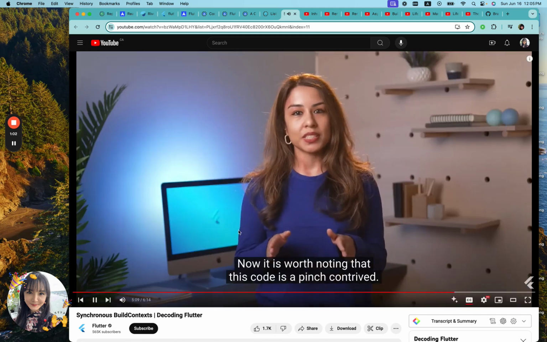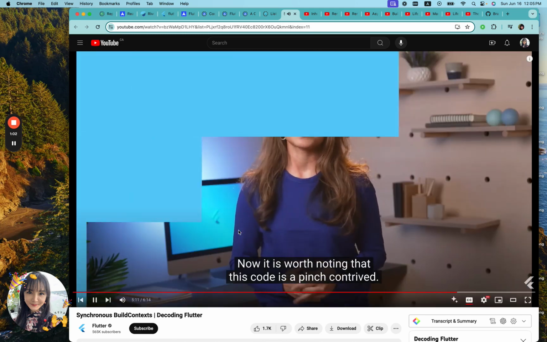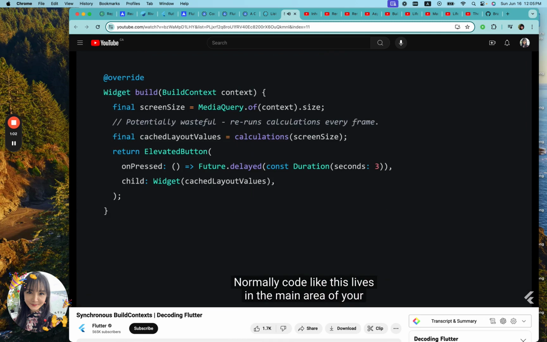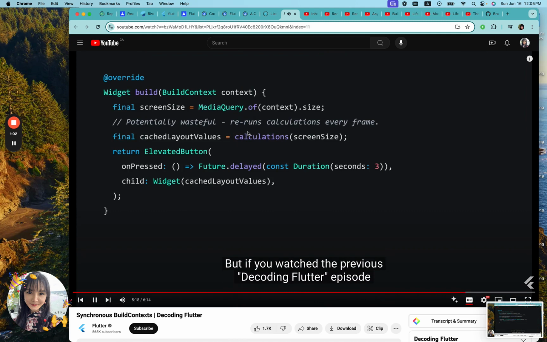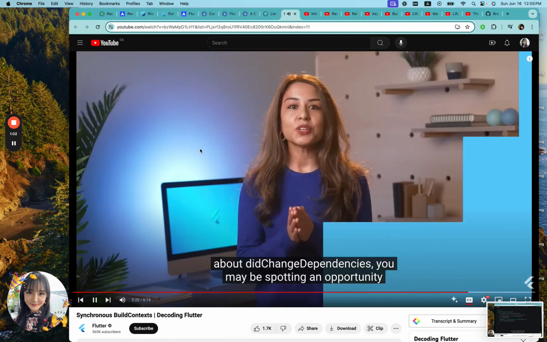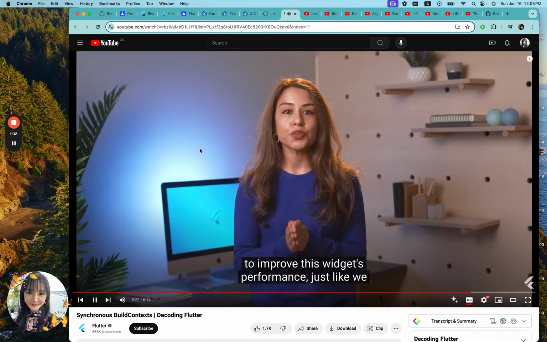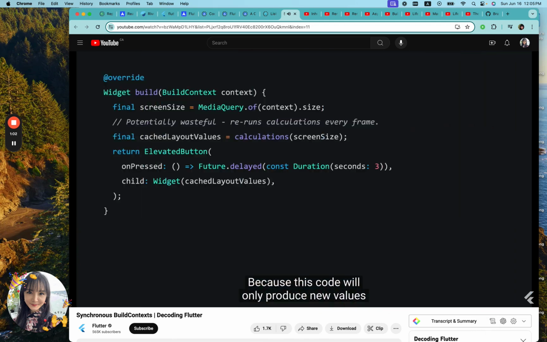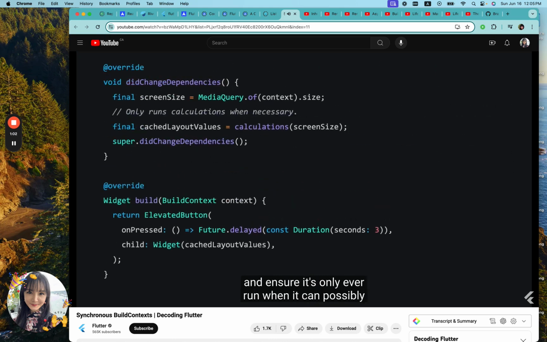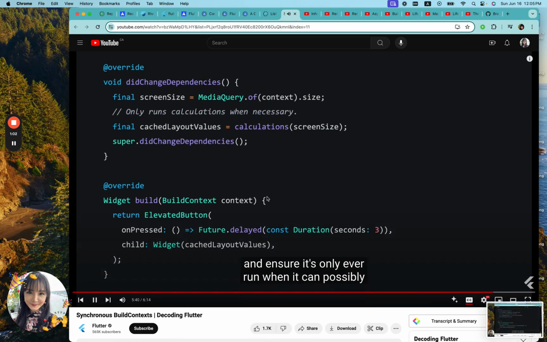Now, it is worth noting that this code is a pinch contrived. Normally, code like this lives in the main area of your build method. But if you watch the previous Decoding Flutter episode about change dependencies, you may be spotting an opportunity to improve this widget's performance. Just like we talked about in that episode, because this code will only produce new values when the media query changes, and the media query changing will always activate your widget's didChangeDependencies method, you can certainly move this code into that method and ensure it's only ever run when it can possibly produce new